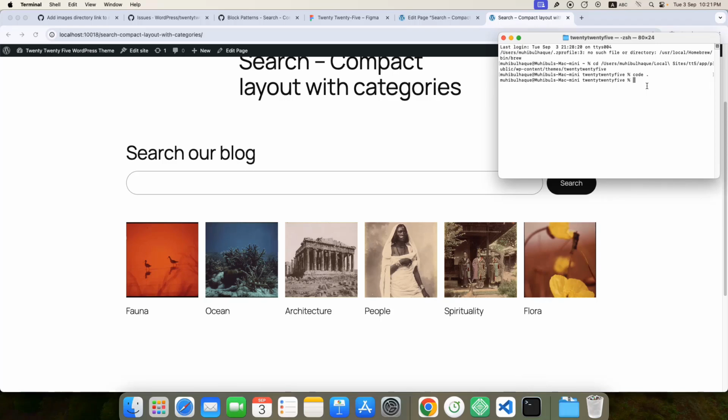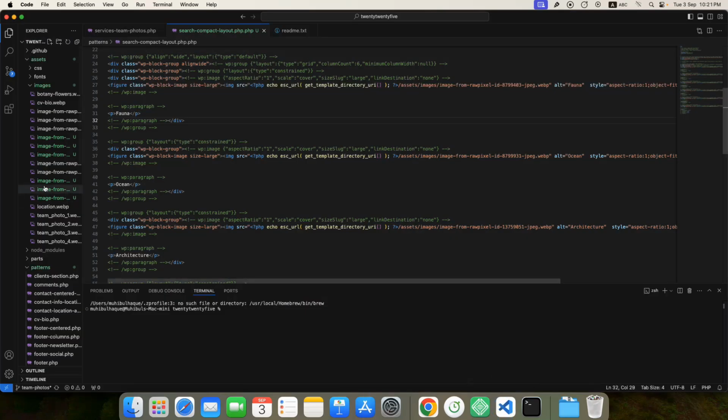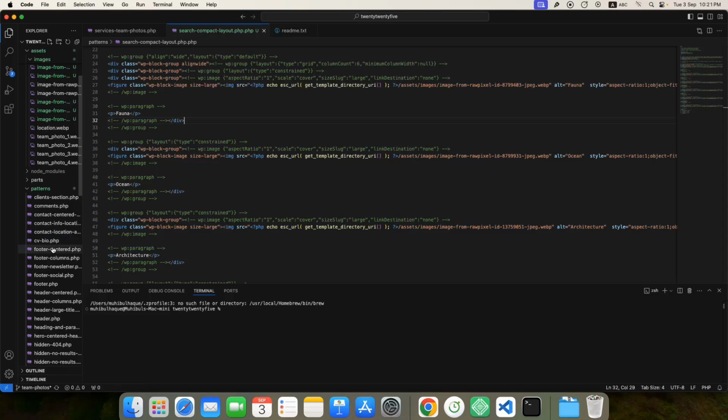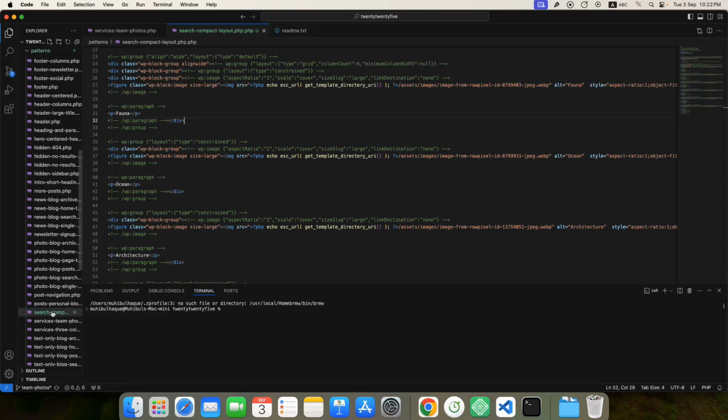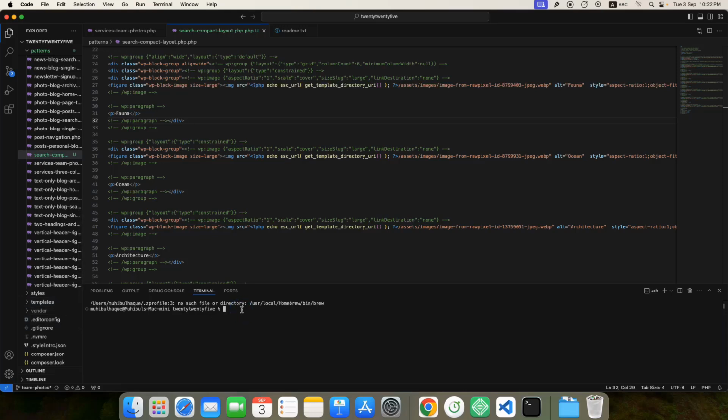For doing this, as I created so many file changes here, like I added some images, and then in the pattern section I added another pattern, there are so many file changes. I will add them to my own GitHub first. So let's do this: git add all, and then git commit -m,